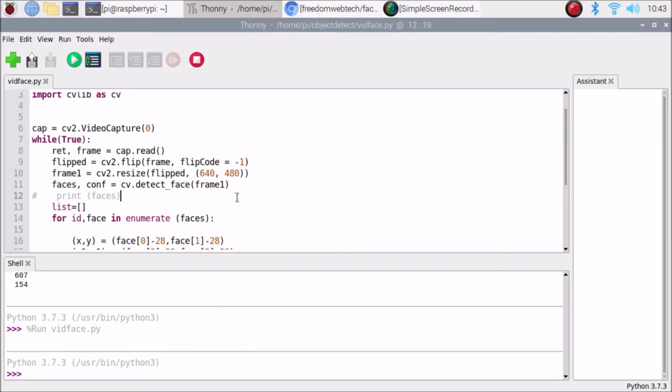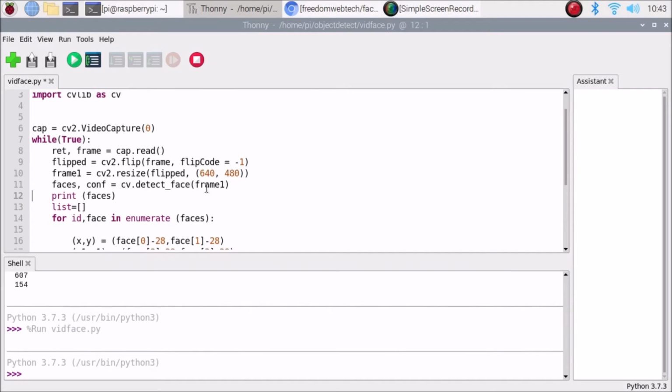If you print faces, as you can see, I have already written print faces here. You simply need to write this one line: faces, conf = cv.detect_face. This is the module, which is inside CVLIB. So from CVLIB we are going to use cv.detect_face, and you simply need to pass the frame.